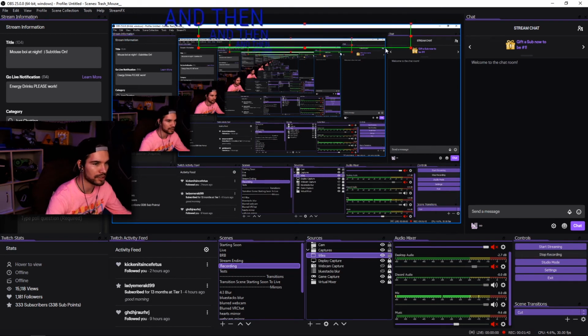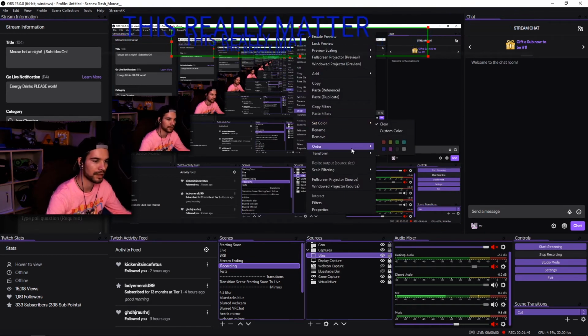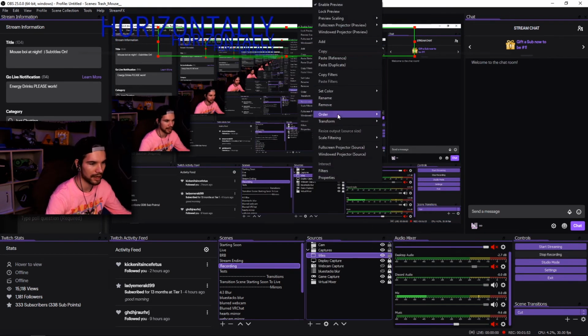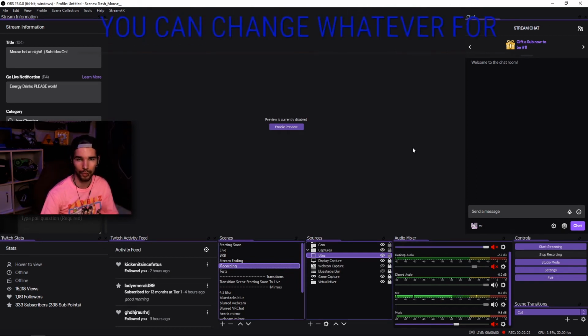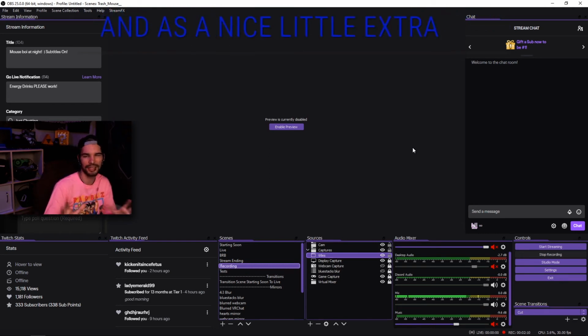And then you can just drag it out so it's the size that you want, or you could change the font size on the website if you want. Doesn't really matter. I go to transform and center horizontally. And now I'm going to turn off the preview. I think that honestly looks the best that way, but that's pretty much all you have to do. And you can change whatever font you want, the font color. It's honestly a very simple process, and it adds that nice little extra kick to your stream that a lot of people don't have,